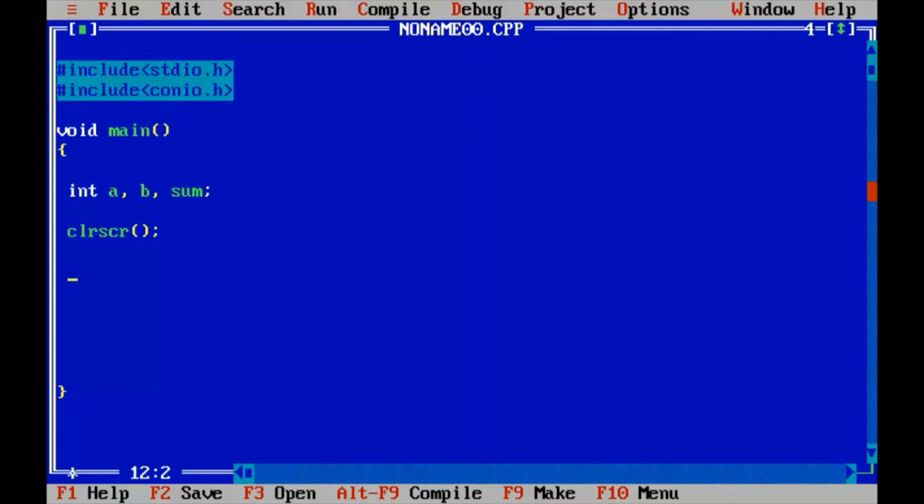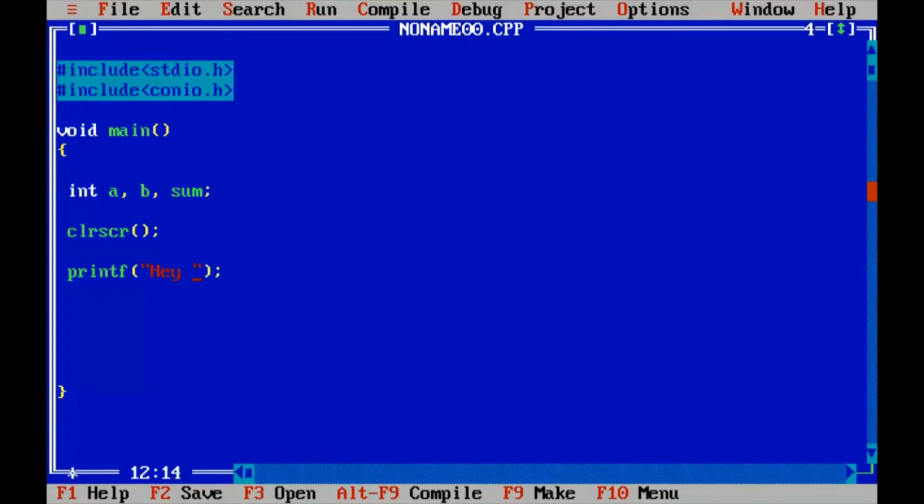So now I'll print a statement telling the user to input something for a and b. For that I'll use this function which tells the user to input some values. Here I will give a meaningful message to the user.